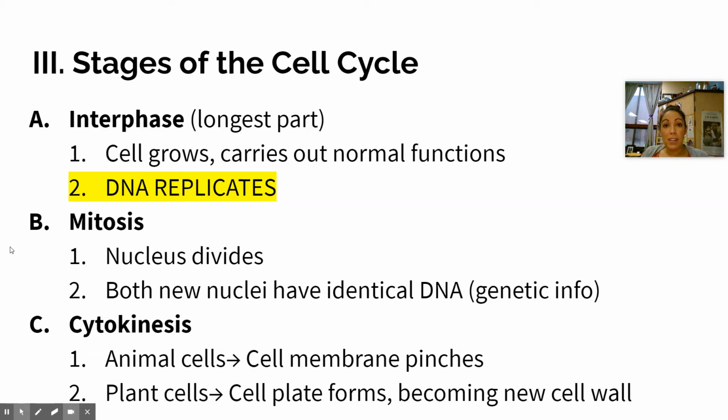The last part of a cell's cycle is cytokinesis. Cytokinesis is just that moment where those 2 daughter nuclei officially split and become 2 new daughter cells. So this is the moment where either the cell membrane or the cell wall in a plant cell will actually divide and grow and cut off those cells from each other, and now they're officially 2 new cells. Again, in animal cells, it's what we call a cell membrane, because animal cells are a little bit